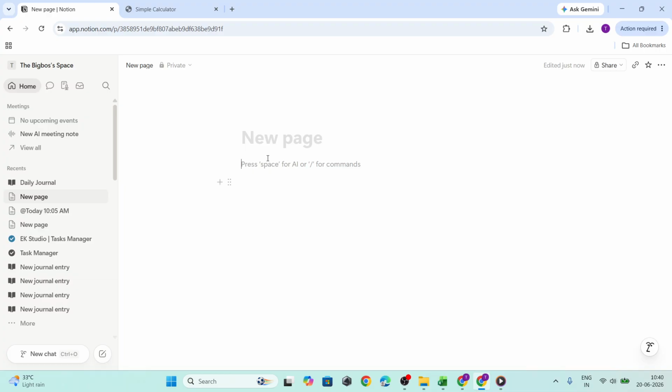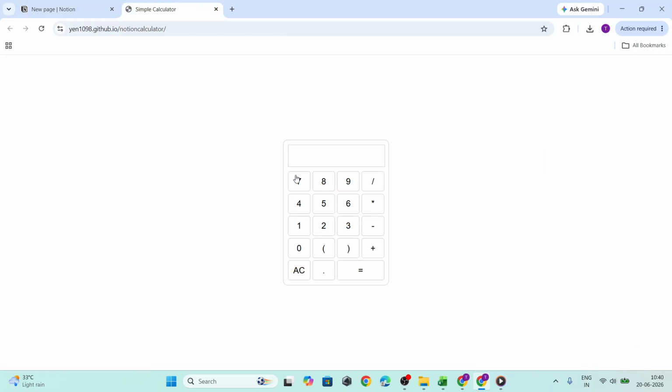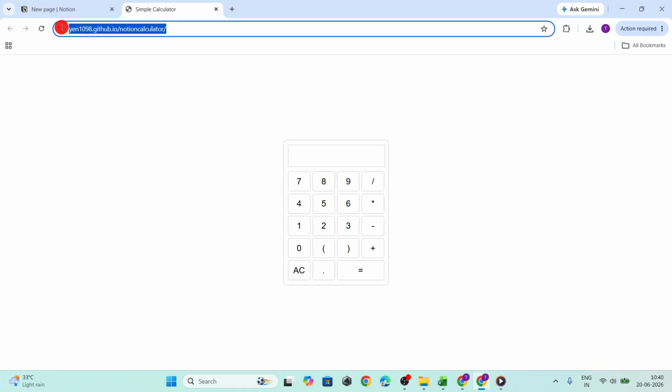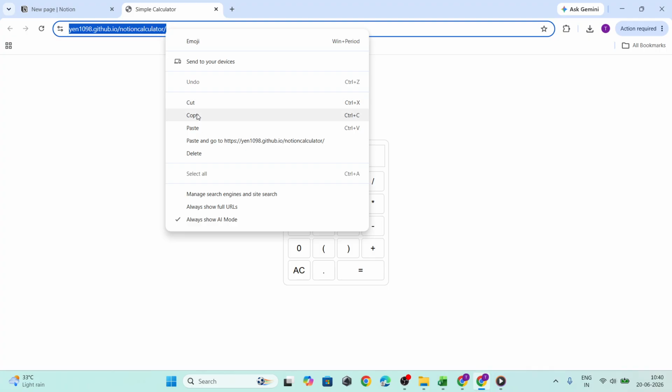To get started, the first thing you need to do is find an online calculator widget that you want to use. This could be a standard web-based calculator or a calculator widget from a site that supports embedding in Notion. Once you find one you like, copy its URL. Make sure you copy the correct page link for the calculator itself, because that's the link Notion will use to